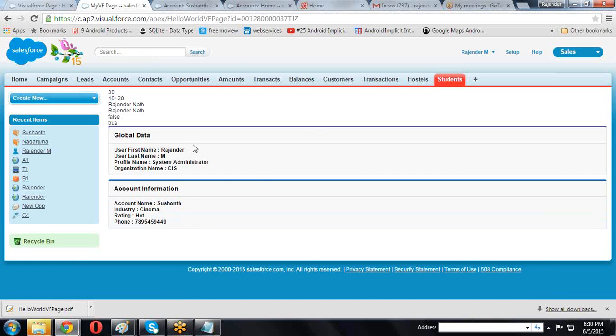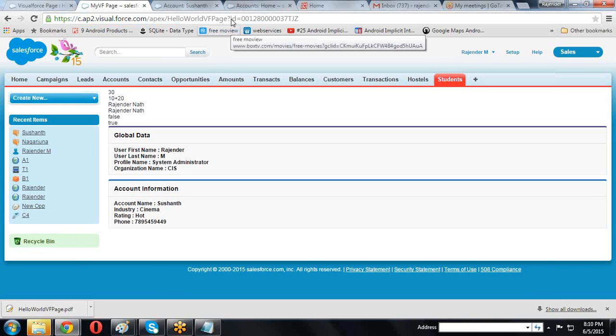The runtime values, if you want to display particular object values, then we create the information like this. Now here I want to display some of the names.